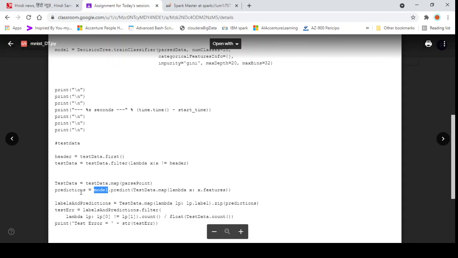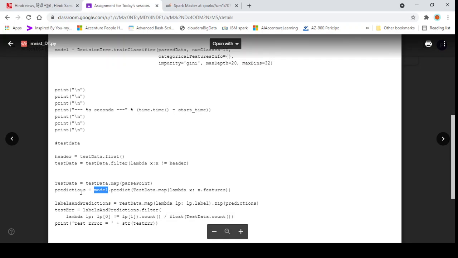For 100% accuracy, the labels of the test data set should be equal to the prediction labels. So we will compare the prediction labels with the given test labels, and count the number of times the prediction label is not matching the given label.